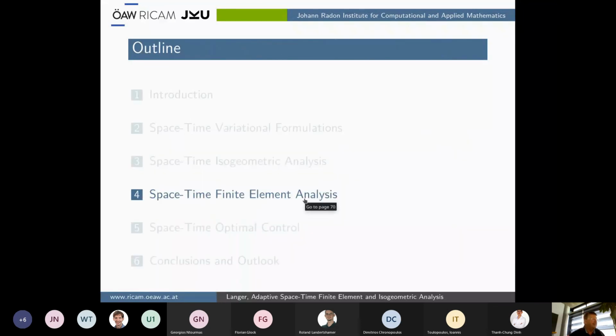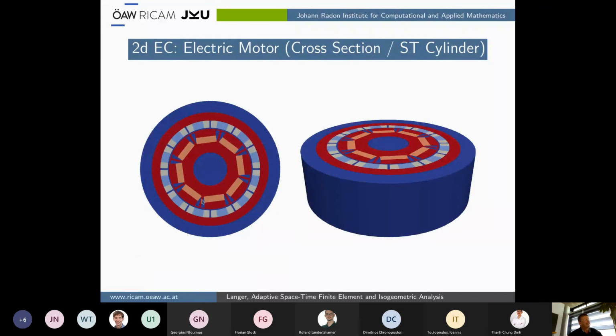So I cannot go through the finite element analysis of the space-time methods. So you have an electrical machine. This is a cross-section. This is rotating, as I show. You can do it. Or you can look at this rotating electrical machine from a space-time point of view in